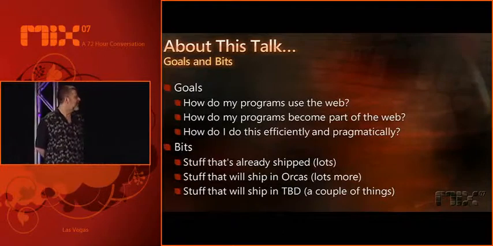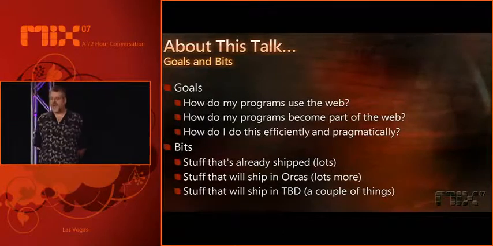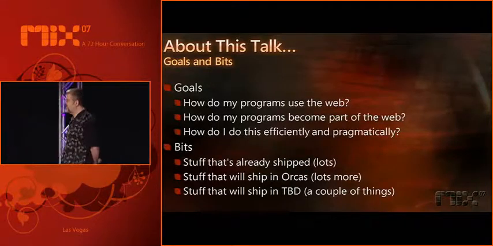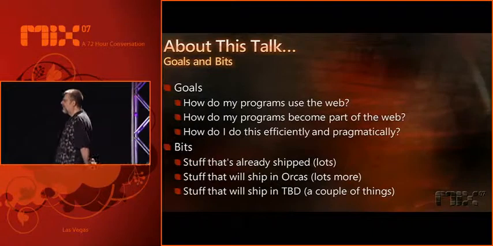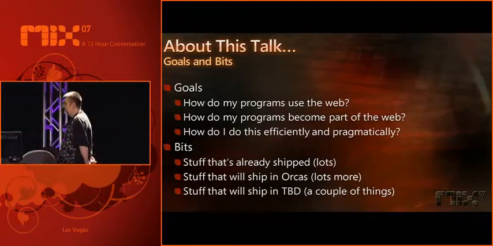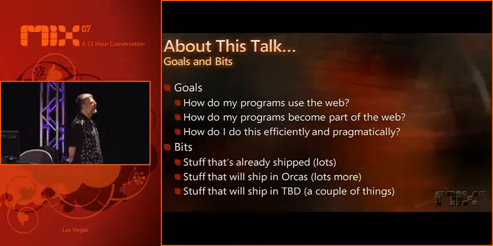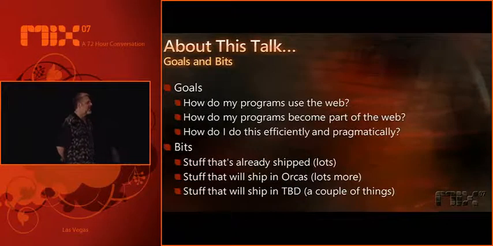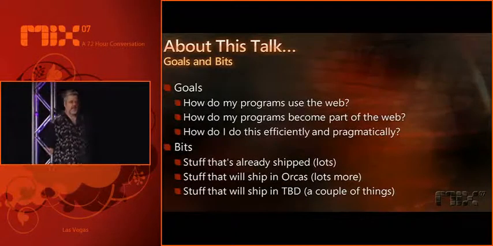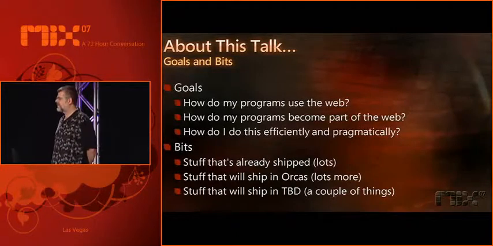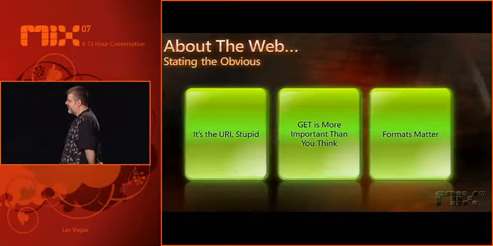I apologize. And a couple of things we're going to look at in this talk are things that are going to ship at an undisclosed time. We're going to look at some experimental goop, which we're actually releasing in CTP form real soon now, but the exact way it's going to become a production piece of software is undetermined. And I'll clearly identify which of the three buckets any given thing we talk about fits into. Great. So let's go ahead and just dive right in.